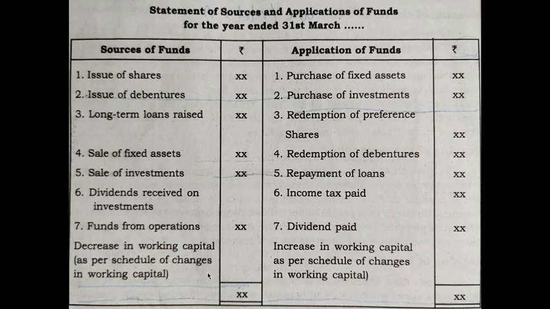So if you are getting decrease or increase, you will be recording in this source and application fund. So finally, your answer will be a tally one. It's just like some sort of an operations of a balance sheet where you will get a same total. That's why I have mentioned earlier, in the problem area, you will be getting a tally answer because we will be recording these decrease or increase in the beginning itself. That's why we are doing like that.